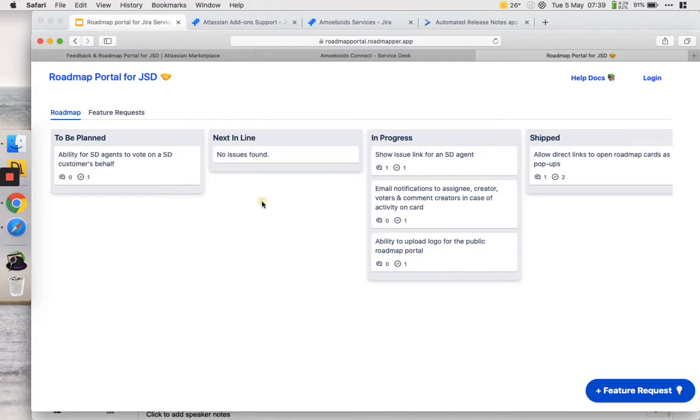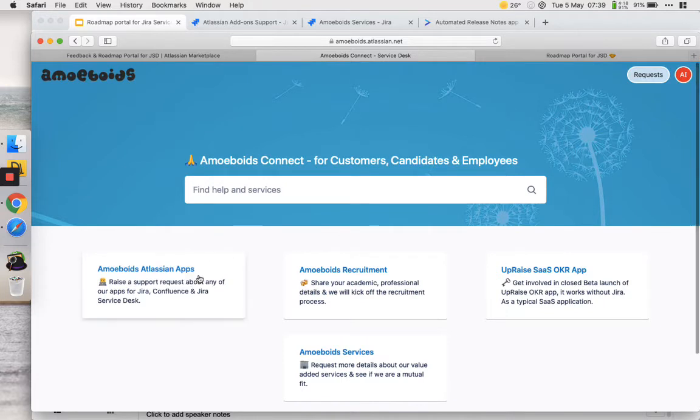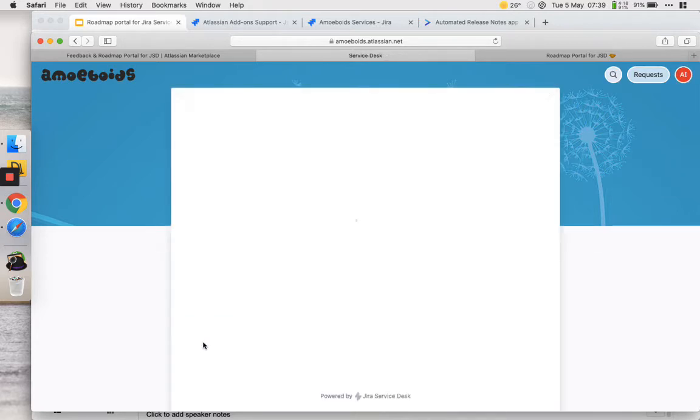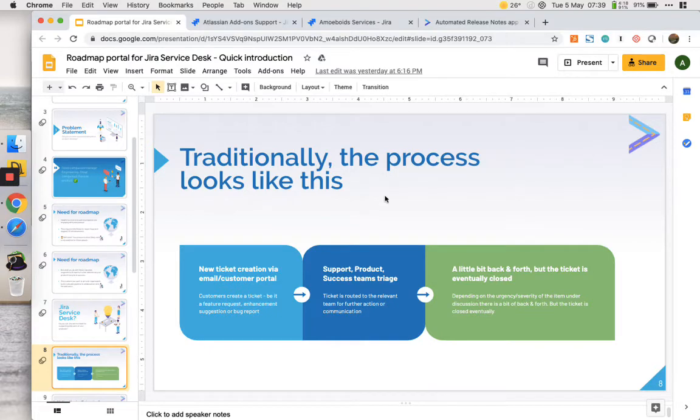Okay, so this is our service desk customer portal. I'm sure if you're already using the app to support your external customers, you would have something similar. So customers would come in here, they would request a feature or improvement, they would report a bug, or they might even ask other questions, right? Going back to the presentation,